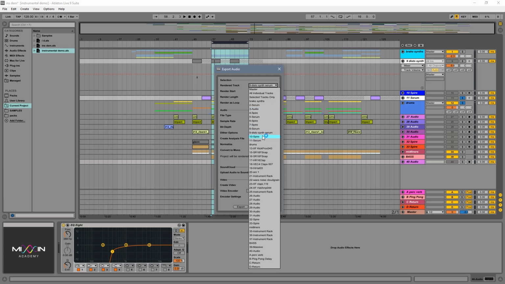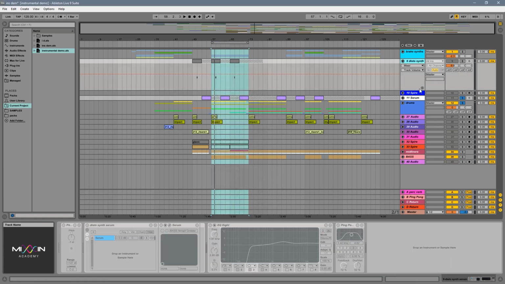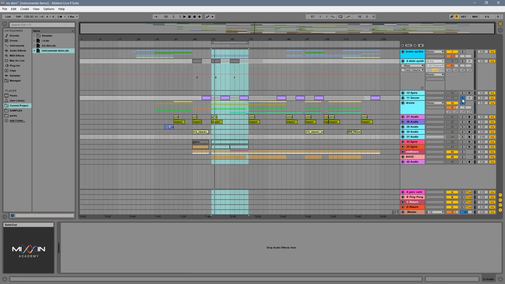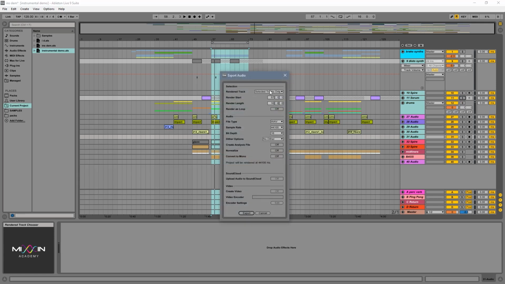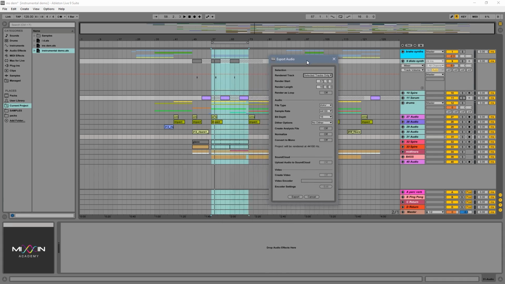Now you can also export only the selected tracks. So I could select a couple of tracks like this using Control or Shift, and now only the tracks that are selected would be exported. Going into the menu like that, selected tracks only. Now the export would hold the tracks I selected in the duration of this loop, starting from 57, lasting for 16 bars. And you can see that that's exactly where the render starts, and the length of the render is 16 bars